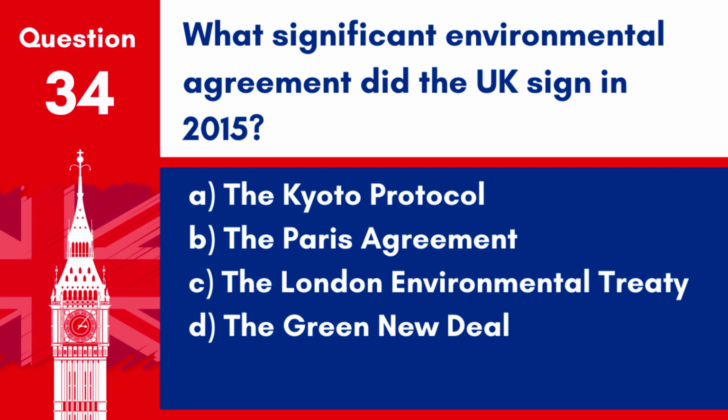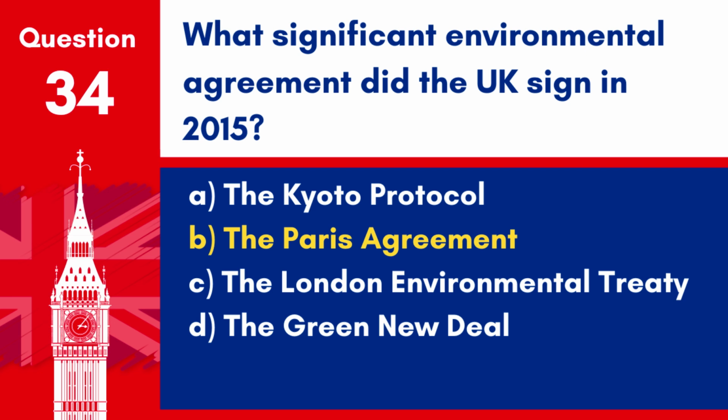Question 34. What significant environmental agreement did the UK sign in 2015? A. The Kyoto Protocol. B. The Paris Agreement. C. The London Environmental Treaty. D. The Green New Deal. Answer. B. The Paris Agreement. The UK signed the Paris Agreement in 2015, committing to climate change mitigation efforts by reducing carbon emissions and enhancing